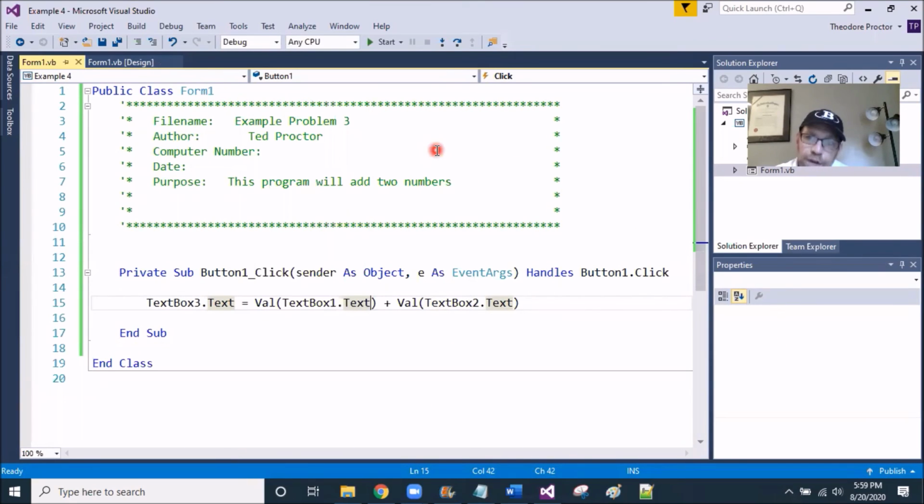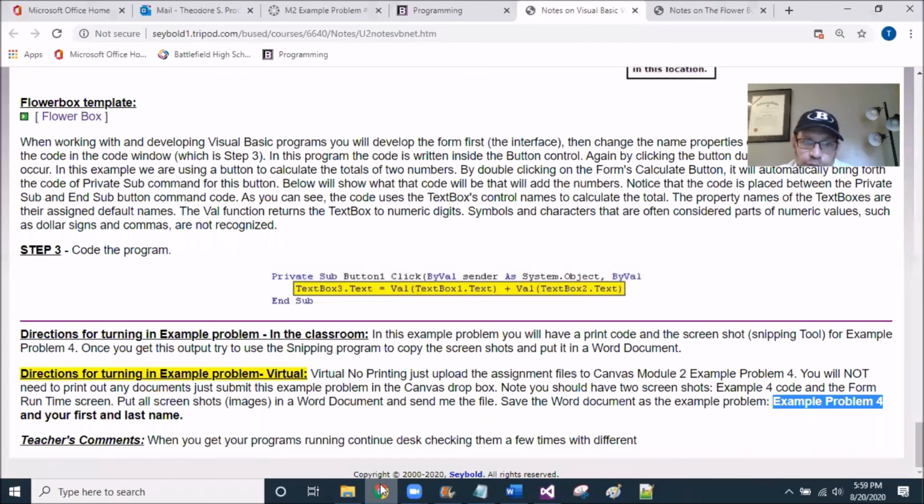So go ahead and open up a Word document. If I go back over the notes real quick, you can see there are directions for turning in the example problem virtual. And I have down here example problem 4 and your last name. So I want you to create a Word document like we've done in the past, so you can screenshot the form and code. We're not worried about writing any flowcharts. We will be going back to flowcharts, but right now it's just the mechanics of